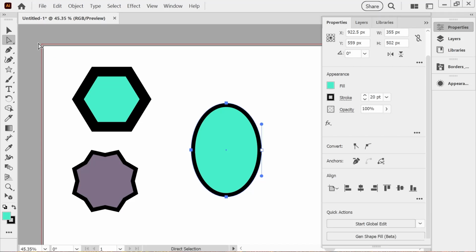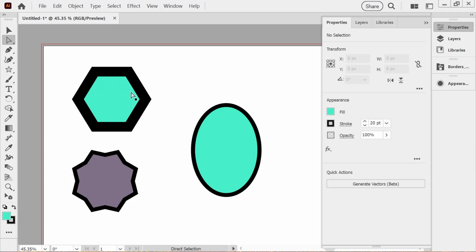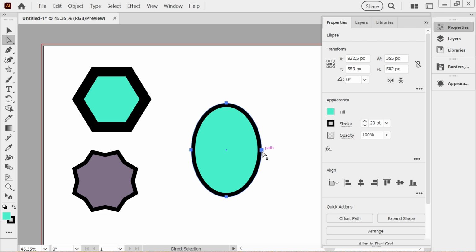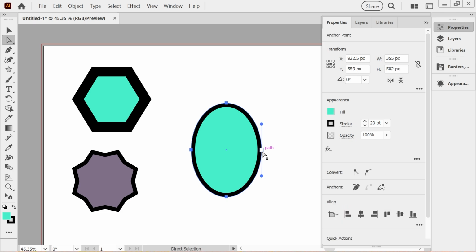So what we're going to do now is the direct selection tool. The direct selection tool is kind of a bit more complicated. We should press shift on that. You can see we've got a path there. Now currently we're aligning to the artboard. So what if we wanted this point to be at the top and this anchor point to be at the